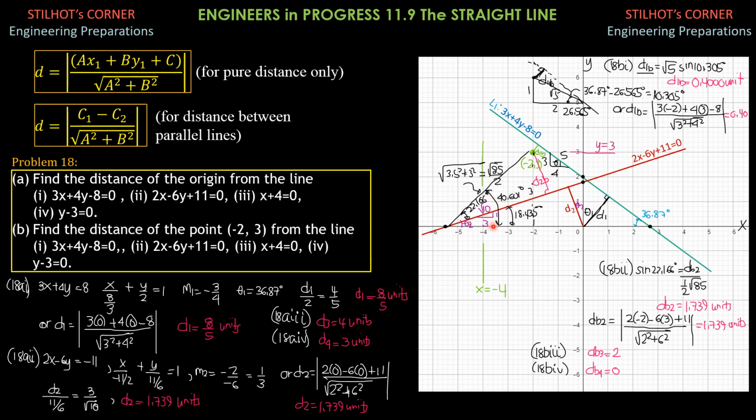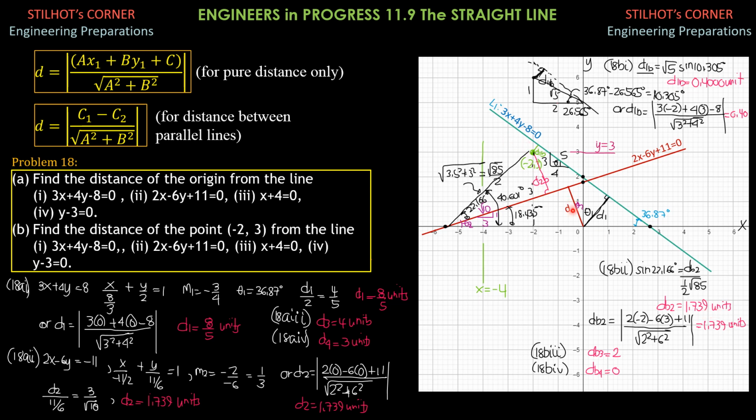Then the measure of this angle is inverse tangent of 3 over 3.5, and that's 40.601 degrees. Therefore, for this small angle here, for this right triangle, because this is denoted distance 2b, it is 40.601 degrees minus 18.435 degrees, 22.166 degrees. So the solution: sine of 22.166 degrees is opposite, which is distance 2b, over hypotenuse square root of 85 over 2. Using your calculator, the distance 2b is 1.739 units.